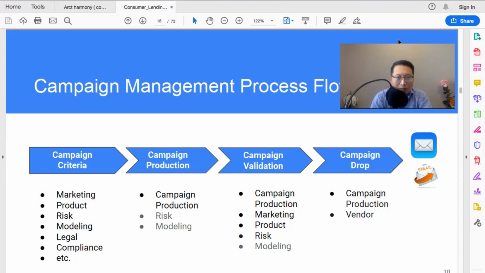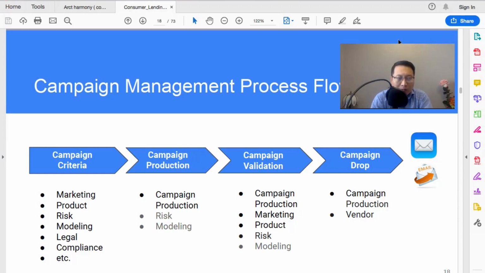So then there is input from the product team. Also, the risk team, very important. What's the risk score cutoff and other criteria? The modeling team, if they are engaged to develop a model, right? For example, the response model or even a potential credit model.